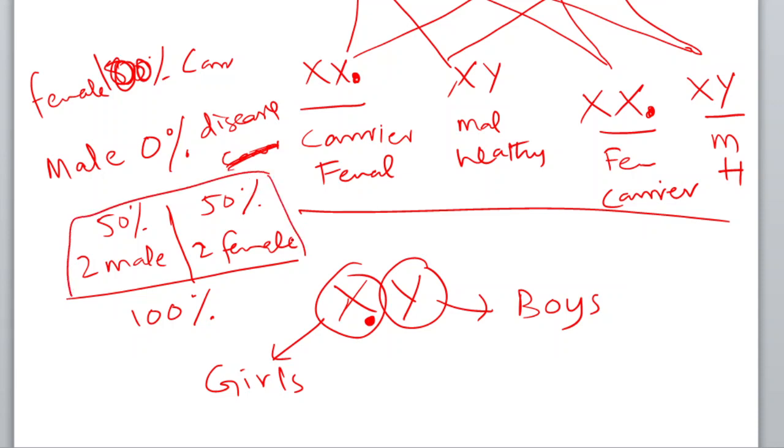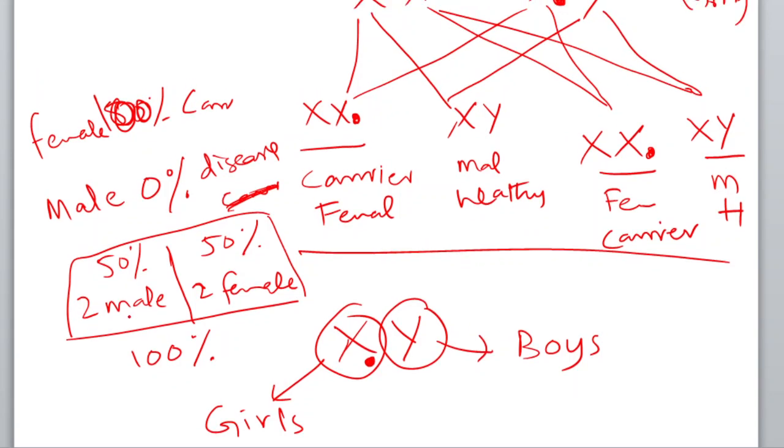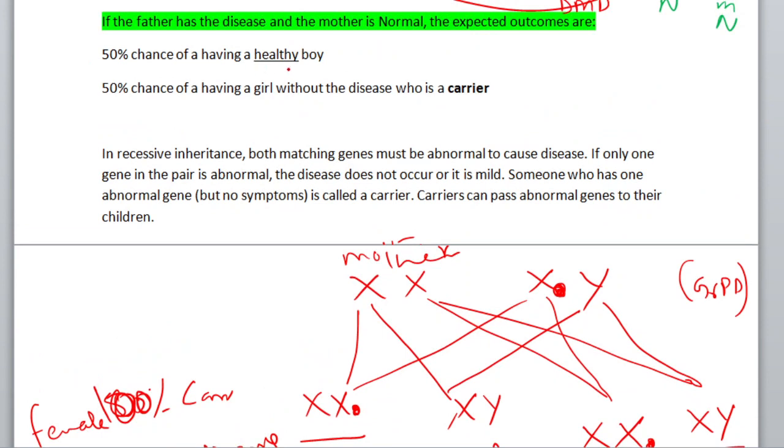So here you go. Now we have fulfilled the above statement. 50% of the males will be normal, and 50% of the females will be carriers. Like here, there is a 50% chance of having a healthy boy, and a 50% chance of having a girl without the disease who is a carrier. Now you can see how they can confuse you. This is only one disease. It's called an X-linked recessive disease